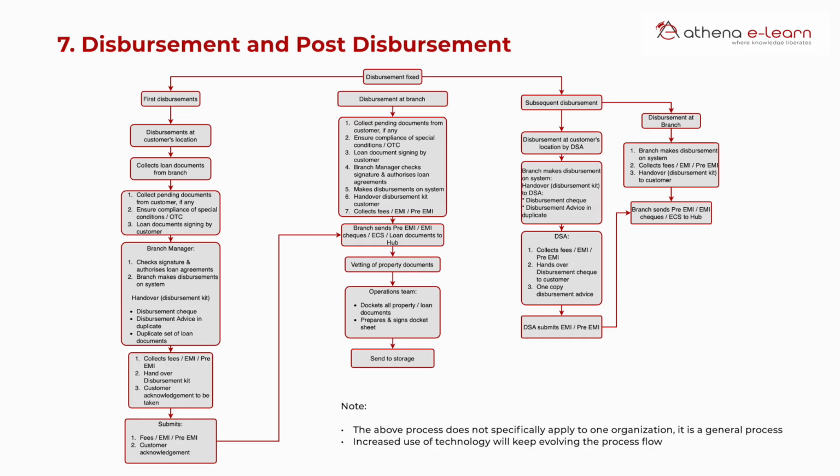The reappraisal part involves getting a new credit report, looking for new tax returns if the financial year is over, asking for bank statements, and looking at the record of past payments now that the person has already started paying pre-EMI and EMI to you. If he has not been regular, you might be reluctant to give him that increase. So these are things that you need to decide, and you need to have a process. The reason we are not going into it is that it's an exception, and typically each lending institution will have to take a call on what process it wants in place for each of these requests that come post disbursement for changes in the commercial terms of the loan.